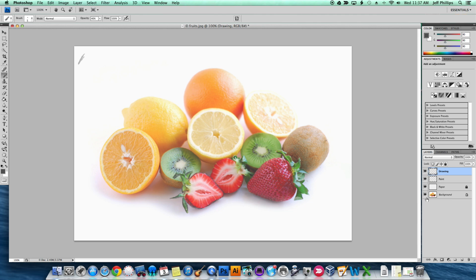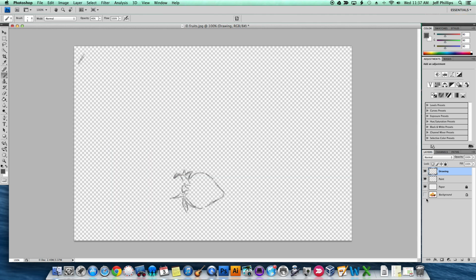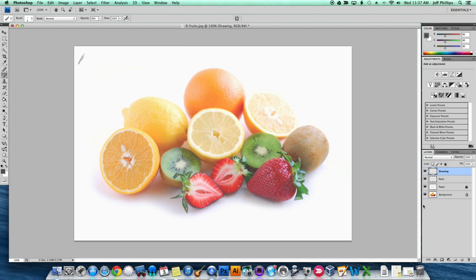Let's try and turn off our background real quick by clicking the eye, and there it is. Not too bad. I'm pretty happy with the shape that I have there. So now I'm going to go back and I'm going to sketch in just a few details. So now I'm back on my drawing layer, and now I'm just going to go back and I see I want a little bit of this. I'm just putting in now,